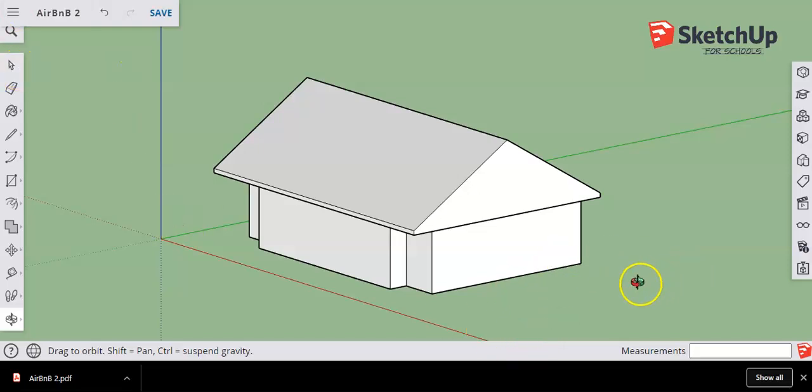This is part 2 of the Airbnb project in SketchUp. In part 1, we created the walls and the roof. And in part 2, we're going to create the doors and windows. So before we get started, I want to show y'all how to do a cool little trick here,